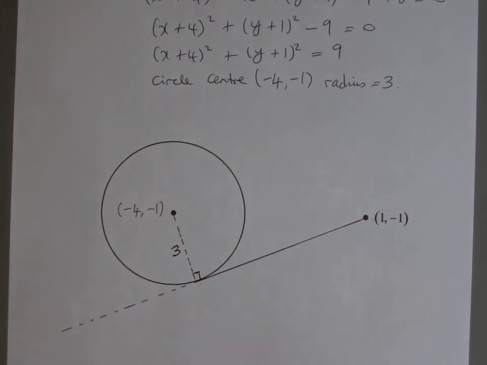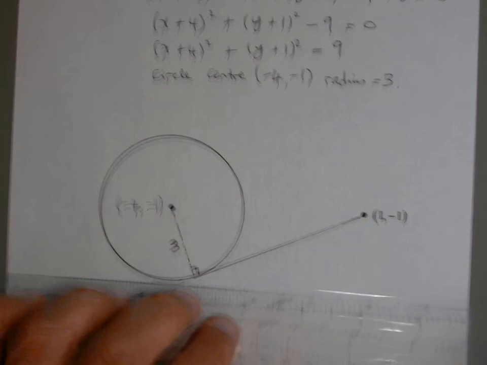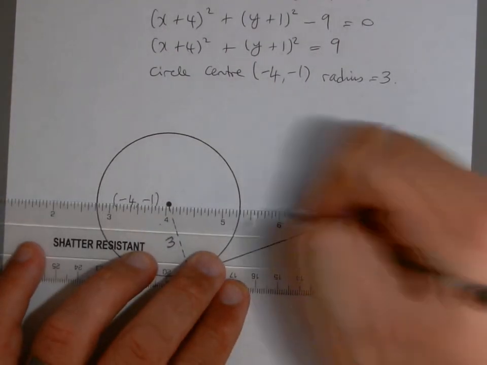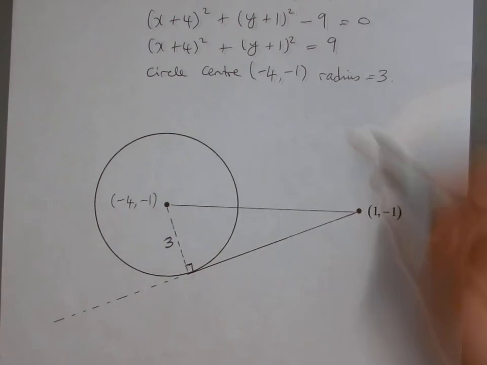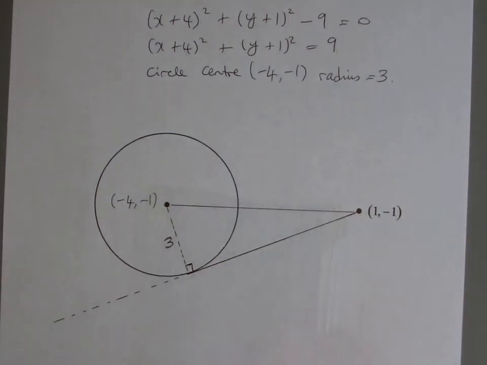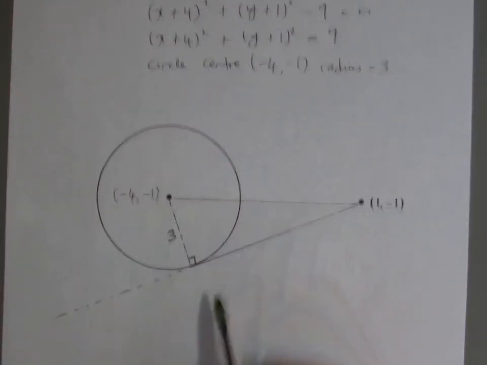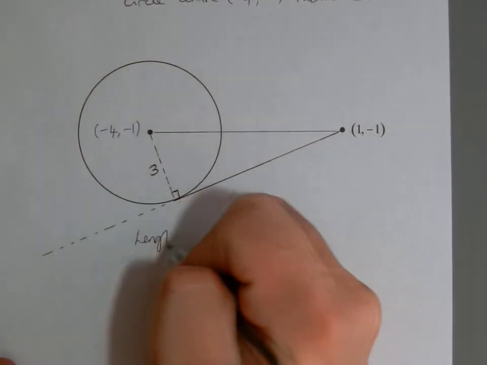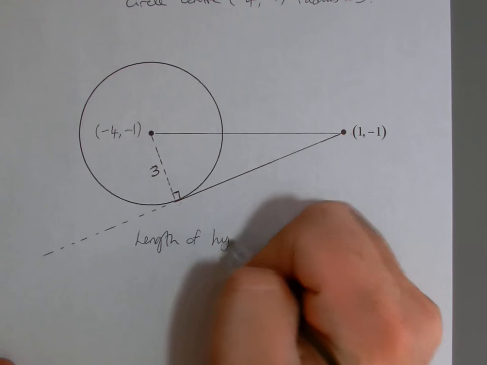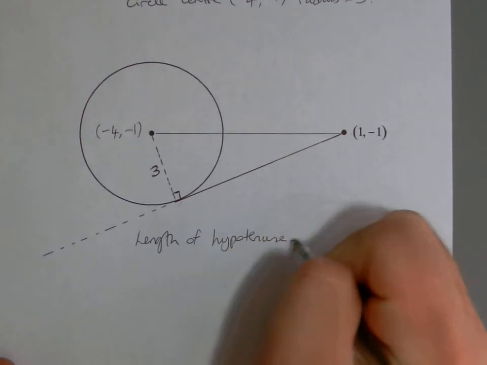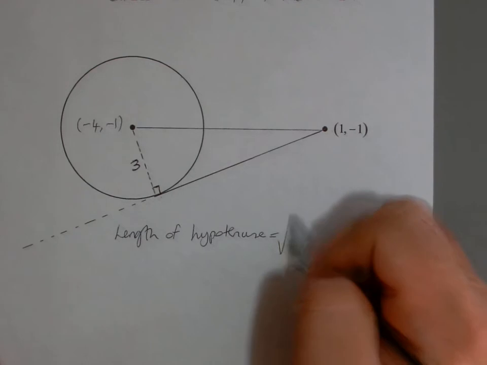Now, there's something else I can work out. If I connect these 2 points, I can work out that length, can't I? And if I got that length and this length, I'll have 2 sides of a right angled triangle. And you all know what happens when you've got 2 sides of a right angled triangle: you can find the third side. So let's find this length here, which we call the hypotenuse. So the length of the hypotenuse will equal